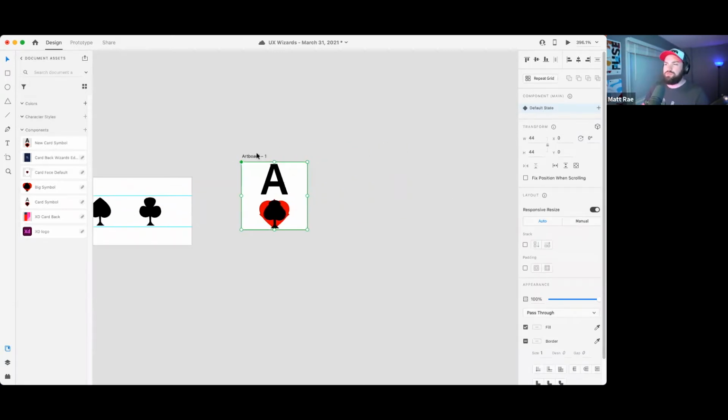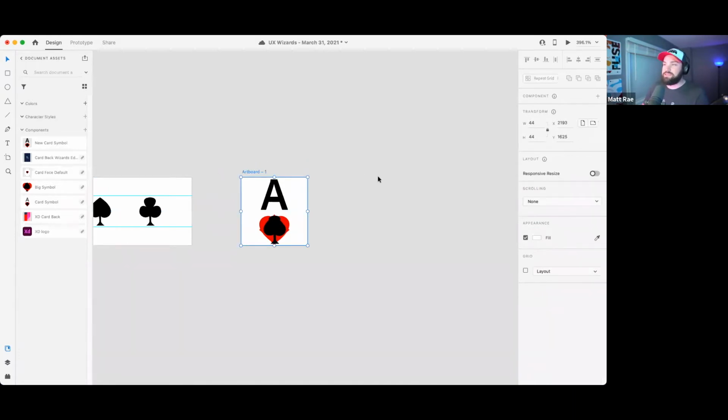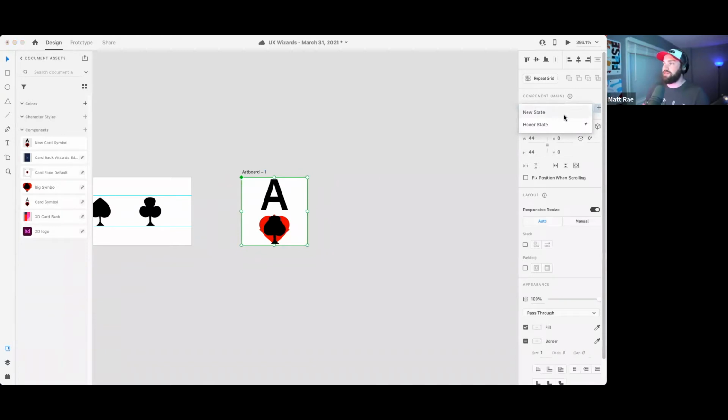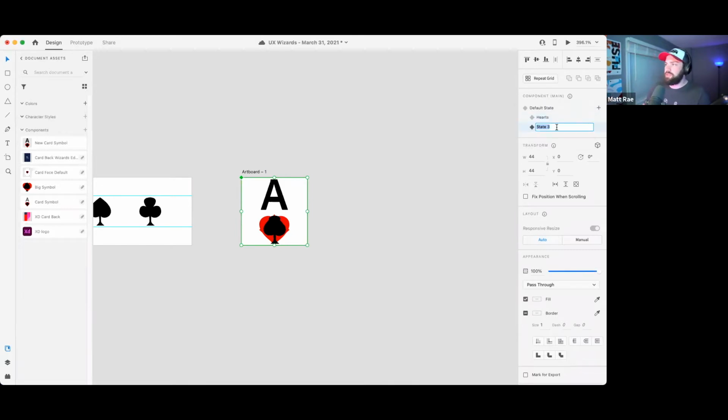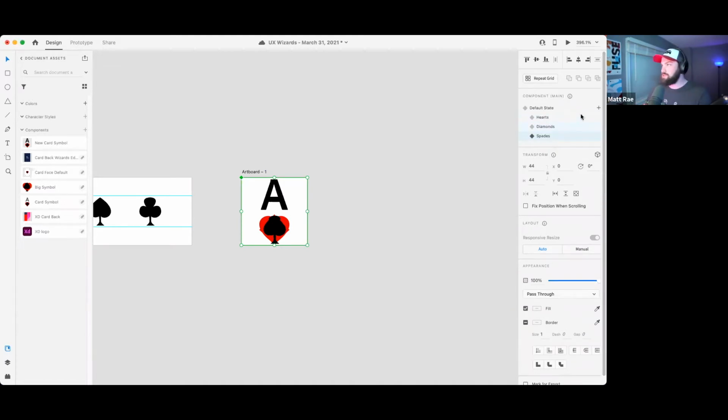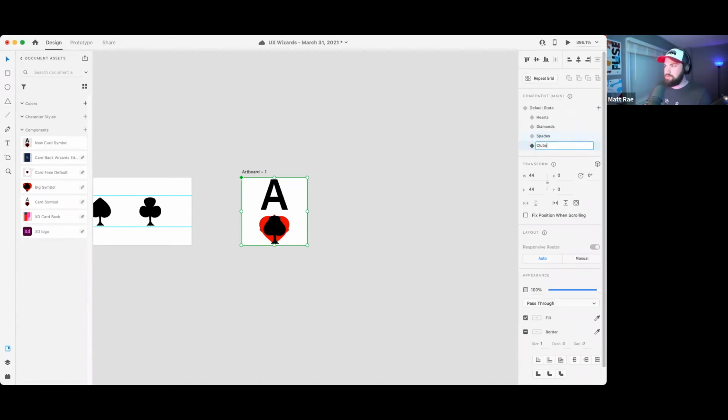And I don't really want to use the default state in this case for anything. I want to explicitly name each of my states. So now I'm going to go through and I'm going to say hearts, diamonds, spades, and clubs. So now I have a state for each one. And what I can do